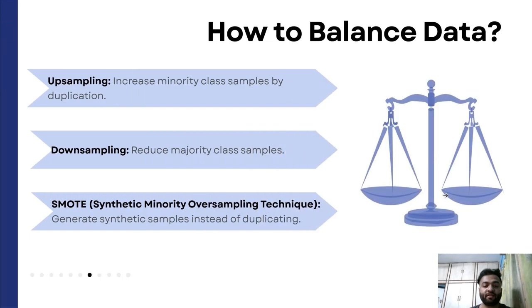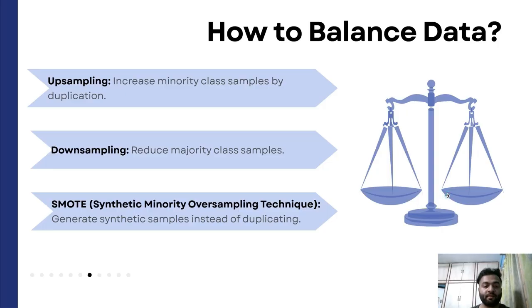Resampling methods are techniques used to adjust the distribution or sample size of data, often applied in situations involving imbalanced datasets or statistical validation. Some common resampling methods include upsampling. This technique increases the minority class by duplicating existing samples. For example, if we have only 500 fraudulent transactions and 10,000 legitimate ones, we can duplicate fraud cases to balance